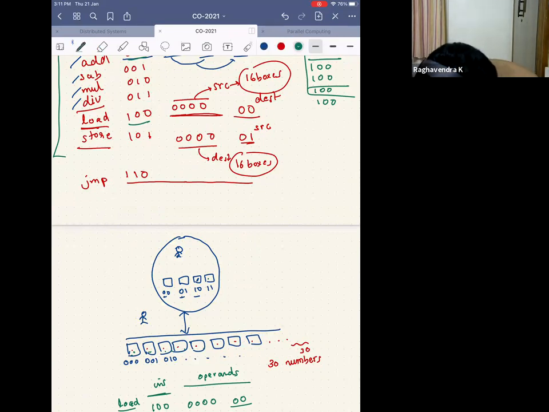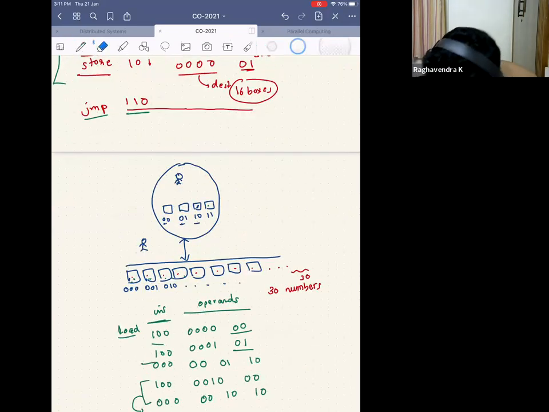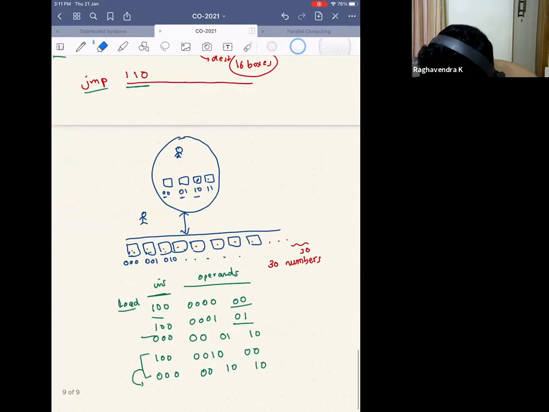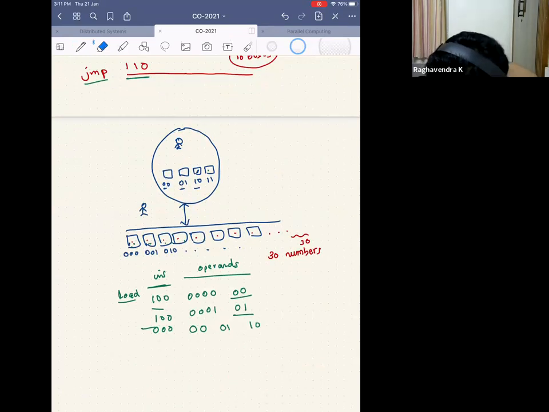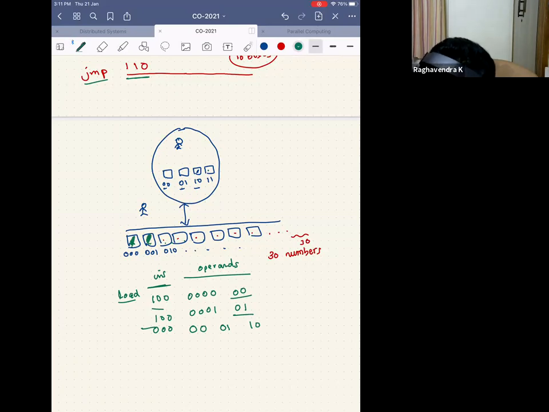Okay, so I did a jump. I added 110, and somebody said, I want to. So let's say somebody has written these two instructions, till here. So what have I computed? I have computed the sum of these two numbers, right? And this guy contains the sum of these two numbers. Now I want to compute the sum of this number followed by this number followed by this number. Why? Because this number is nothing but the summation of these two numbers. So if I compute the summation of these two numbers, it is fine.